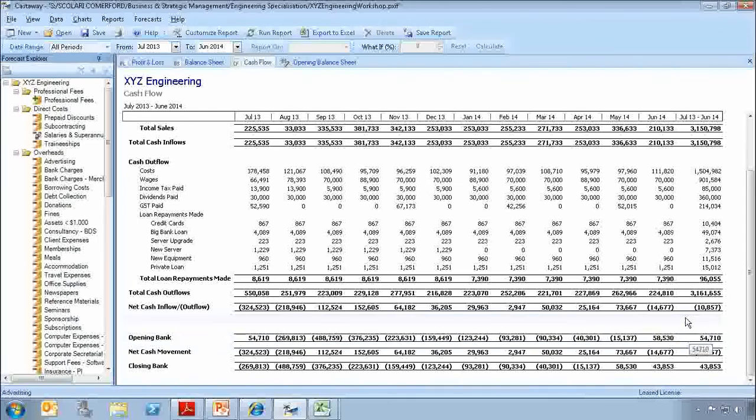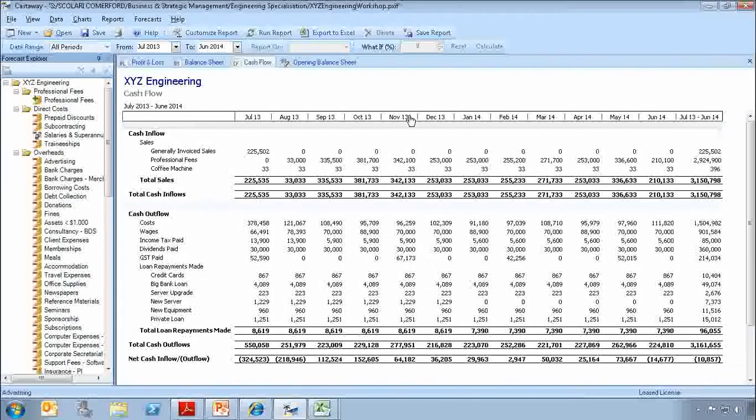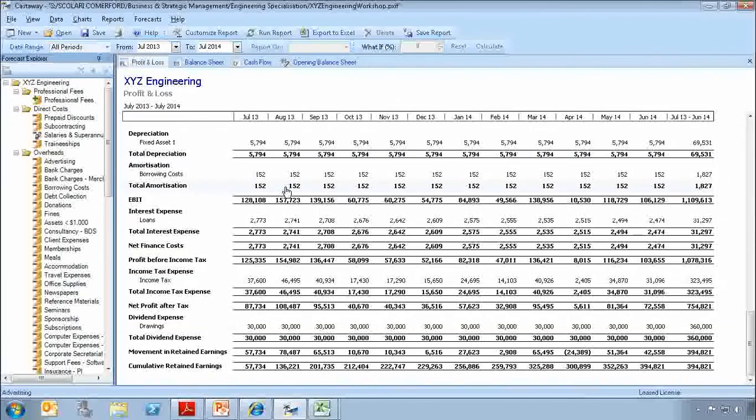So where you might have looked at the P&L and thought, look, my bank balance was 54 at the start of the year, it's gone up $1 million. Yes, I've taken drawings. I've had a profit of $1 million, but why hasn't my bank account balance actually increased by the same amount? And you'll say, well, right, okay, there's a number of reasons for that. But let's go back in and have a look at your P&L